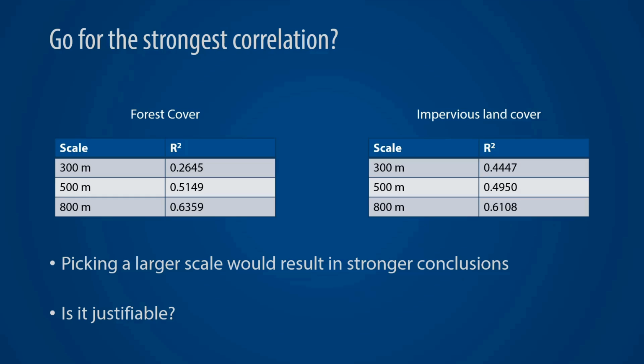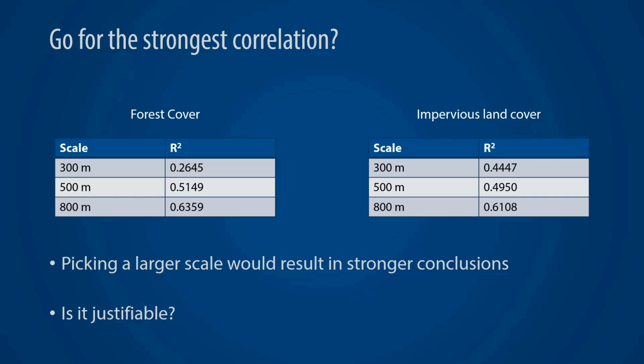Now, this is not without its own potential criticism, however. If the goal is to use a scale that best represents your organism, then how could you say it's at the strongest correlation? There could be a case where an organism is truly unaffected by a certain land attribute, but for whatever reason has a strong correlation at certain scales. Now, there are some statistical tests that may address this, like a potential Bonferroni correction, though these are often not used. Also, cherry-picking your scale could lead to hard-to-defend conclusions,